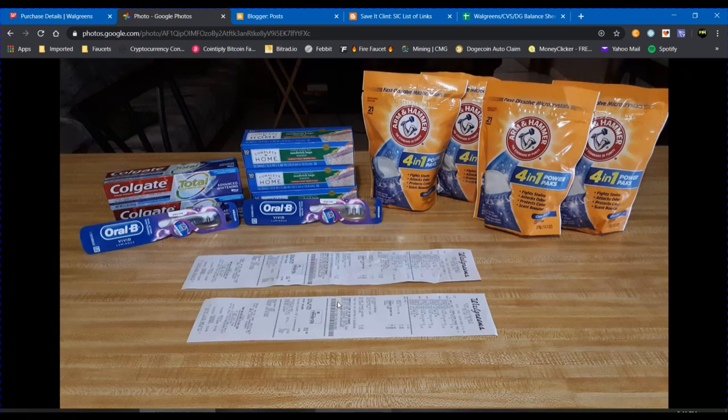For transaction number 2 that I had planned out, I grabbed up 2 of the Arm & Hammer, and I think a couple of the Oral-B toothbrushes, with the expectation that I was going to have that other coupon clipped for the Oral-B and not use the register reward that I just used on the first transaction, because for people that are not familiar with the way register rewards work at Walgreens, you can do deals over and over again. They give you points, register rewards, things like that, but you cannot use the register reward for that same product